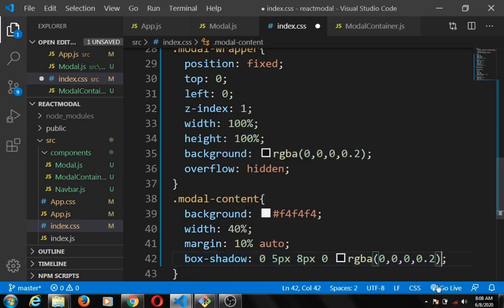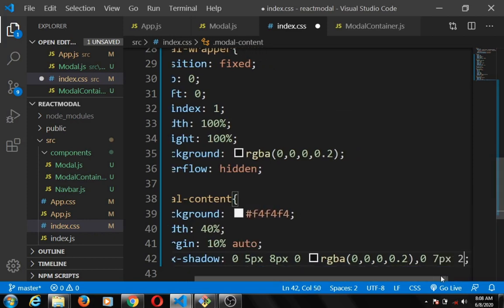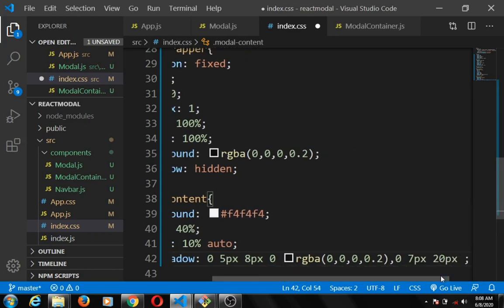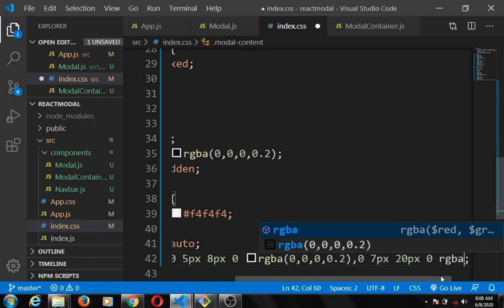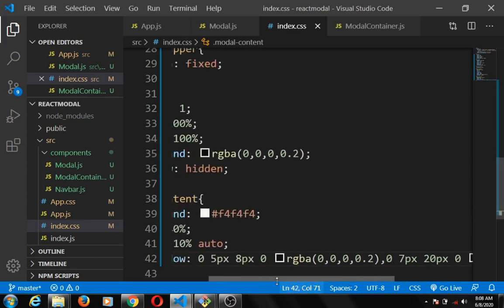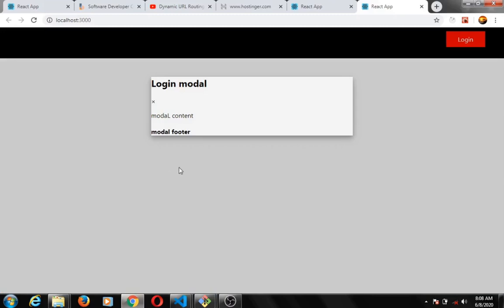Okay, then specify another value of 0.7%, 20%, 0 RGBA. So if we save and then let's preview. Alright, you can see the